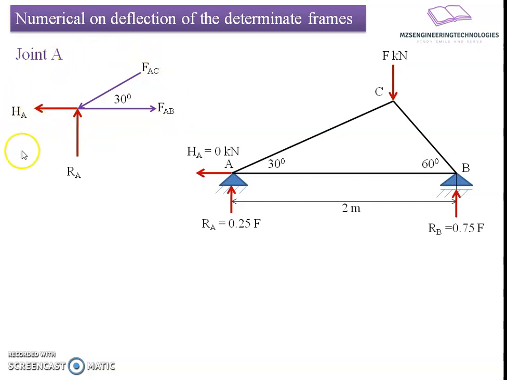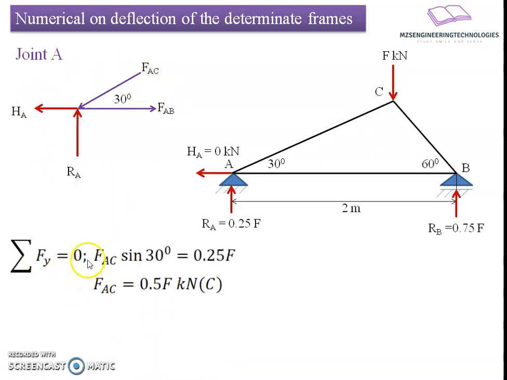So now, after this consideration, let us apply static equilibrium equations towards this free body diagram to know the unknown forces. If I apply summation of Fy equals to 0, what will I get here? FAC sine of 30 degree going downward, and RA going upward. If I put these on the left and right hand side of the equation, we can say FAC sine of